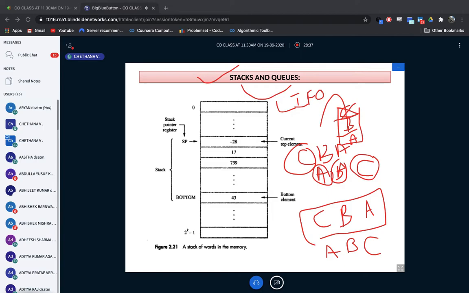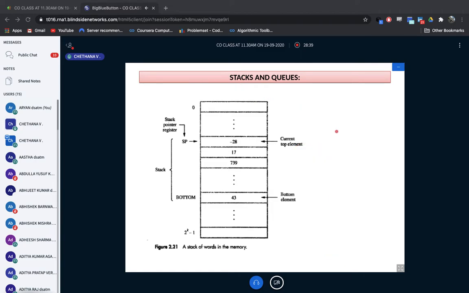As I said, here is one operation I want to tell you in stack. Suppose I have A, meaning I've inserted it into the stack. This operation is known as push operation. If the data I'm going to insert into the stack, that particular operation is said to be pushing the data into the stack. That is why push operation. Now I push the data A. After I've pushed it, if I want to take out the data back, that operation is known as pop operation.